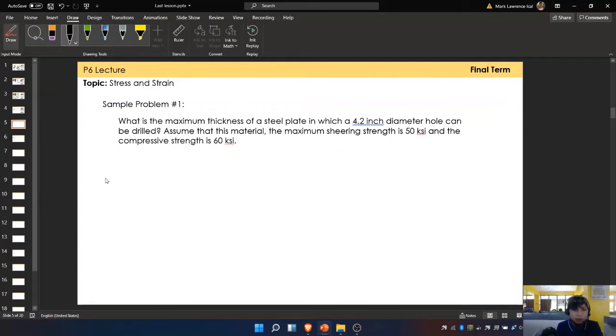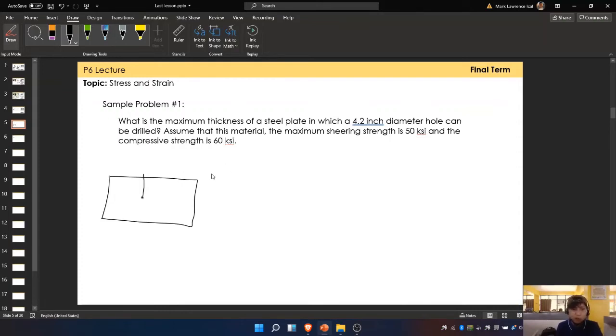So, ito daw yung steel plate. Okay? So, let's say, nagagamit kayo ng drill, no? Drill bit. So, maraming tanong dyan eh, Sir Ikal, kailangan ba na yung drill bit mo ay 4.2 inch diameter din? Pwede. Pero, pwede rin namang hindi. Okay. Ano ibig kong sabihin? Pwede naman talaga. Pwede hindi.